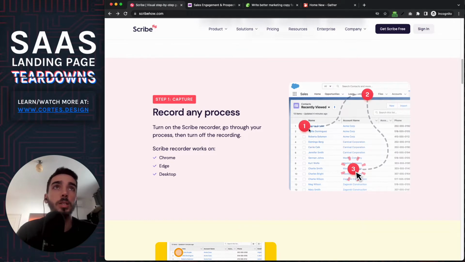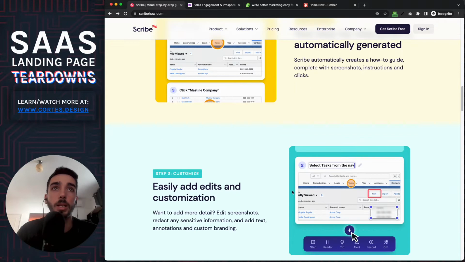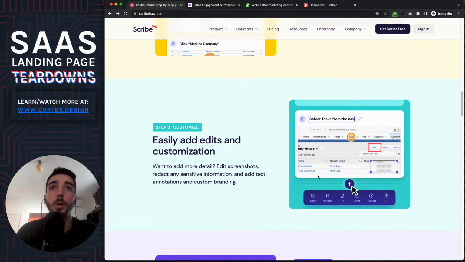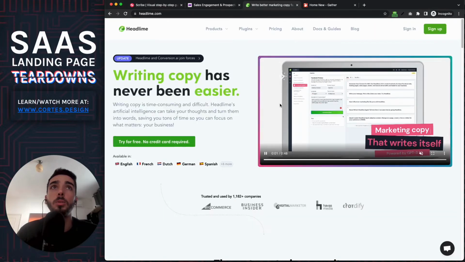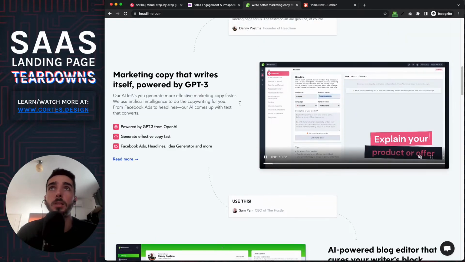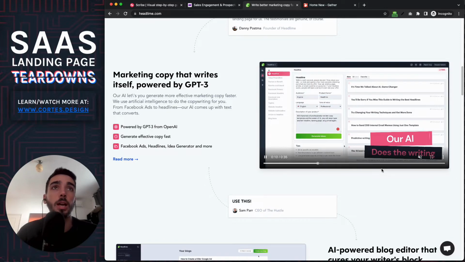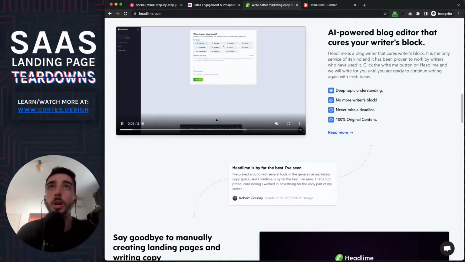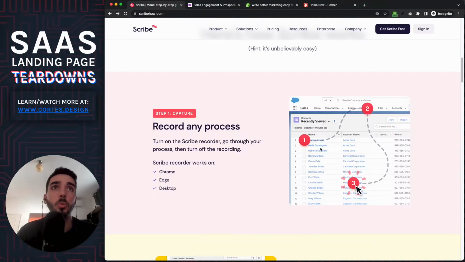Then what I would do is, all these images are really good because they actually show the product, right? They show the product, they show how it works and stuff like that. But what I would do instead, I would do something more like Headline does, right? So I would show what it does and someone actually doing it, right? Someone actually doing these changes. So what it means is, for example, when you're recording any process, I would show someone clicking record to record something, clicking on different things, and then you understanding that it actually registers all the stuff that you click on,